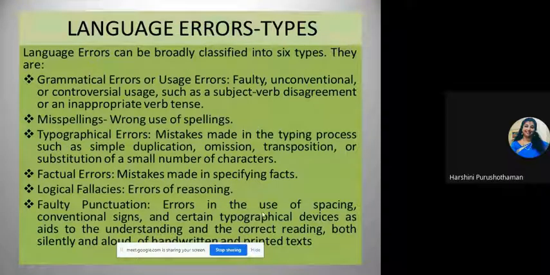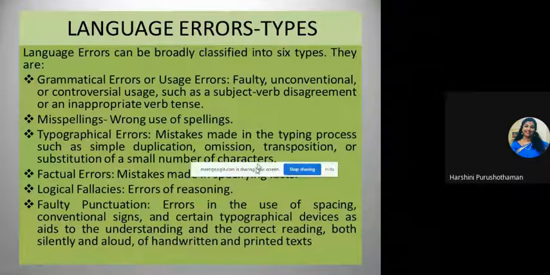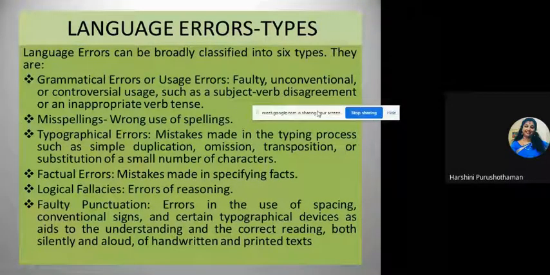And then see what are the errors. Apart from bringing in language tools, I have also brought in important points on what we need to do when editing or proofreading a thesis or research paper or whatever it is. So I have made my presentation a little bit elaborate so that you will understand everything related to language correction. Okay. So, language error types.